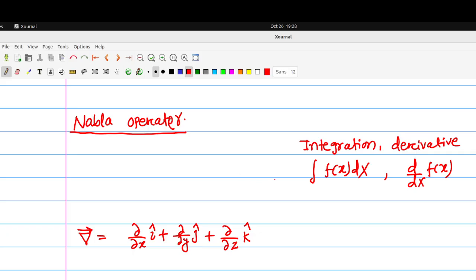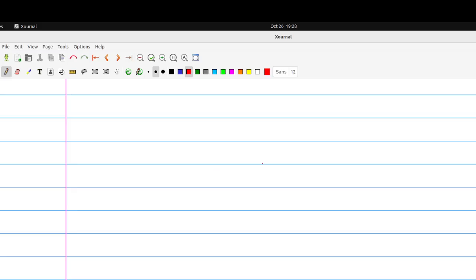And vectors have the dot product and cross product. So if I just apply Nabla on a scalar field,